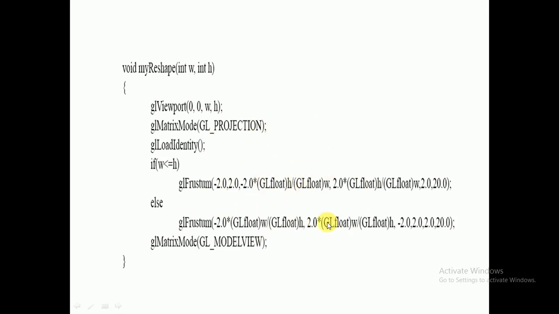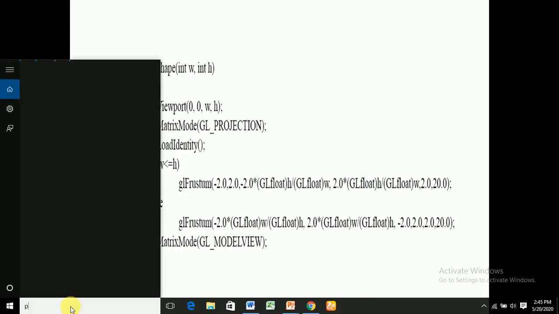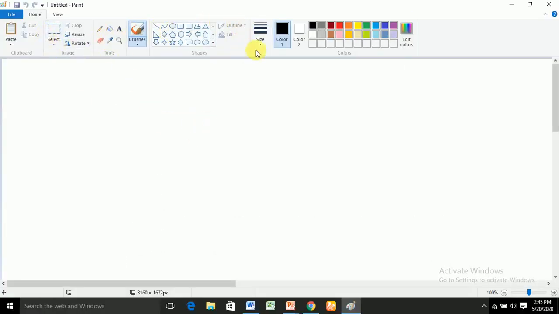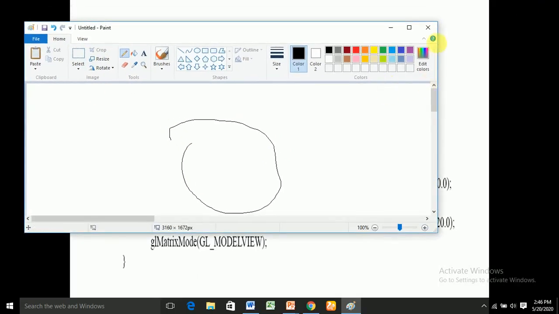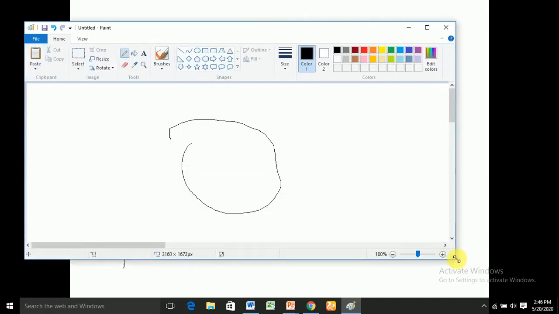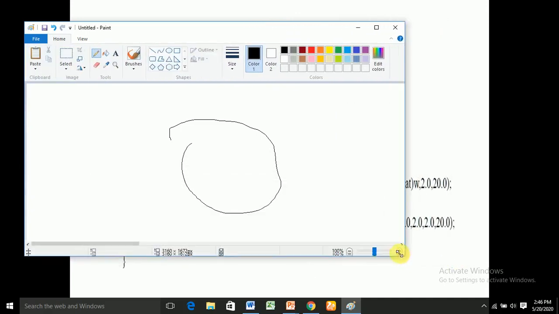For example, I will show one example here. If you see this Paint, if I draw something, and if you start changing the viewport, then the object will not change.